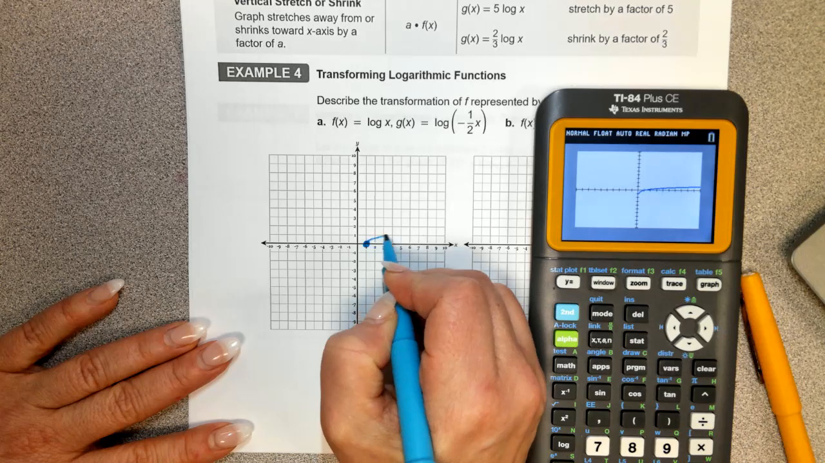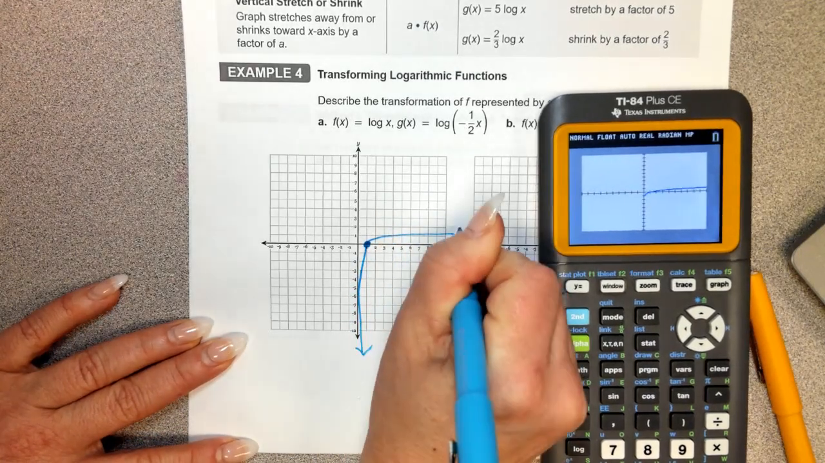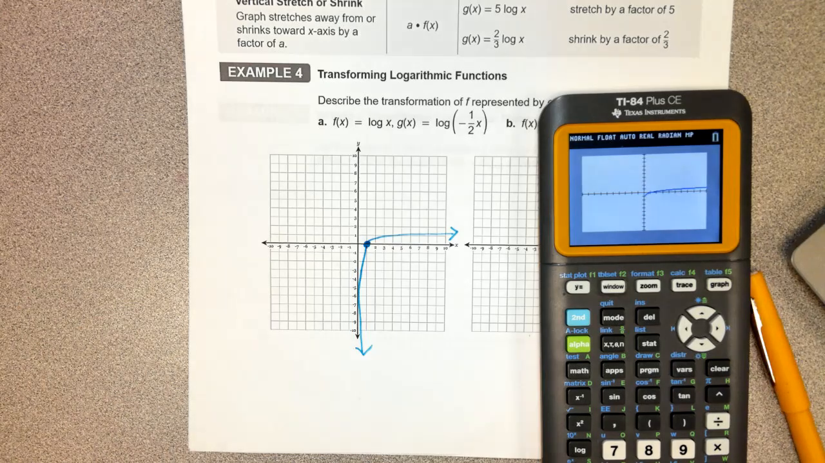So anyway, we're going to graph this up. And so it kind of comes up, I'm just going to kind of sketch it out. Looks a little bit like this. And then I have